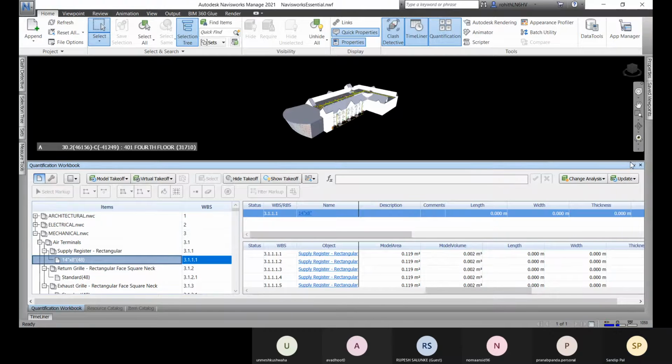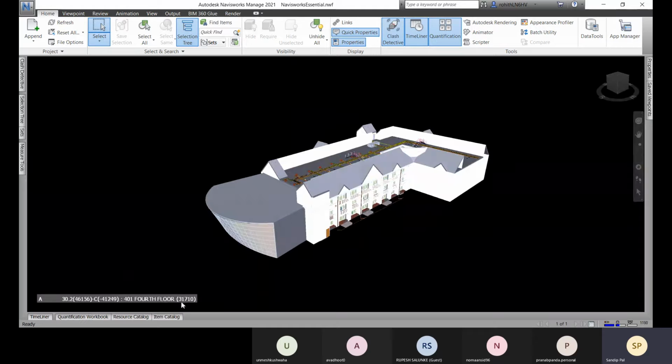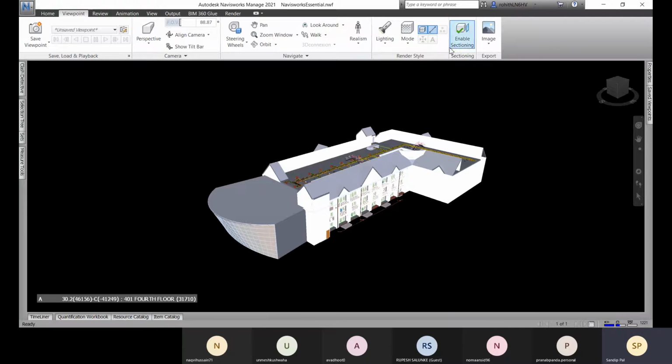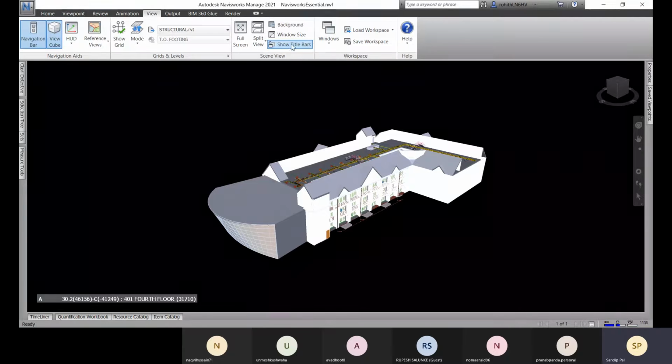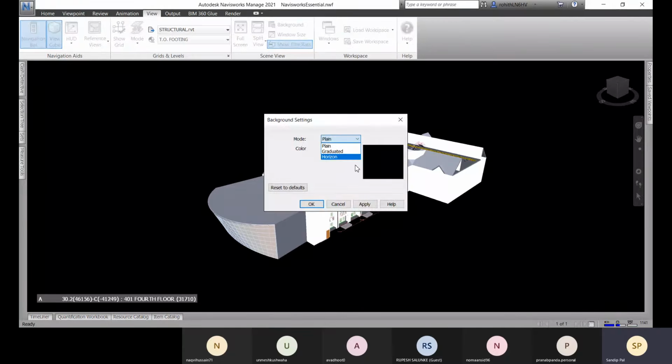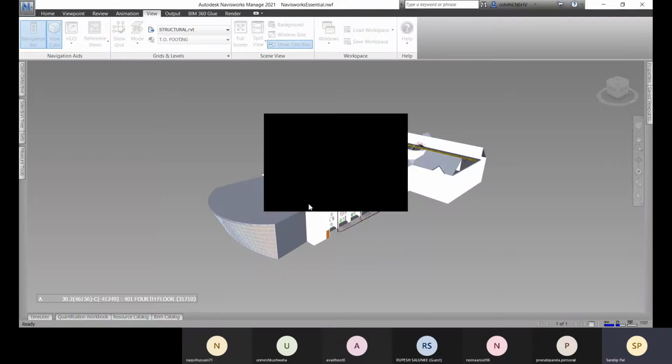All right. Now let me unpin it, and then I will show you how we can create a walkthrough. So for that, first let me go to this view option, and the background, let me change it to horizon. Click on apply and OK.